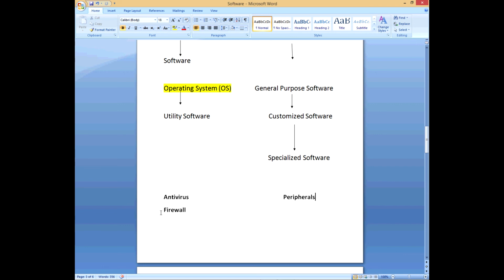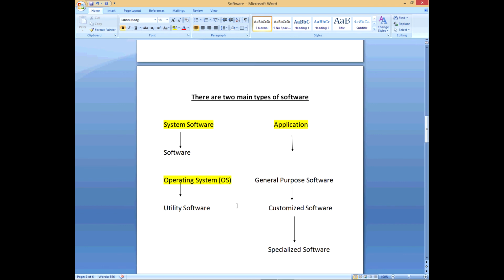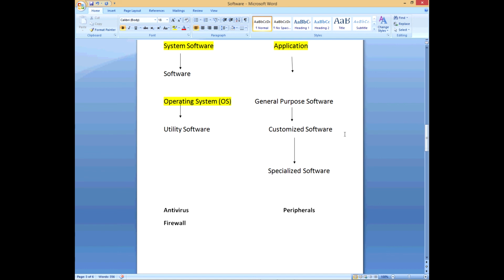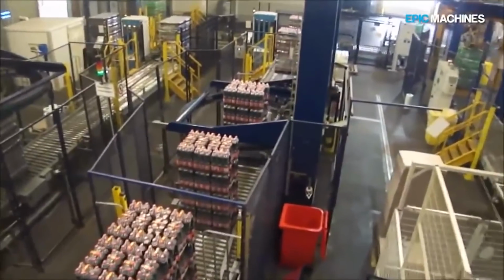All right. So there are two main types of software. We say there is system software and application software, and then we have a breakdown of each. We have general purpose software, which I would say anybody can take up and use. We have customized software, where it's ordered and paid for by the user. It's made at a software house specifically, or they might hire somebody specifically to make it.